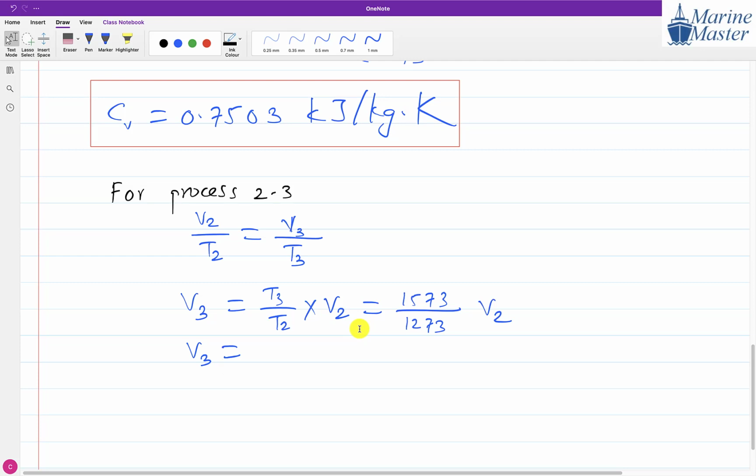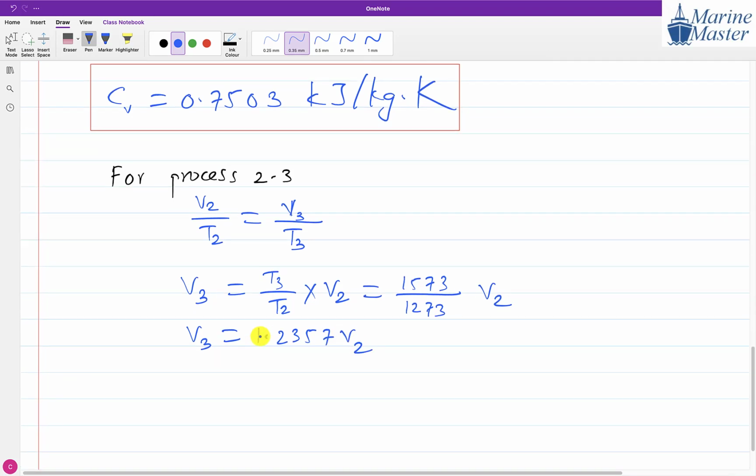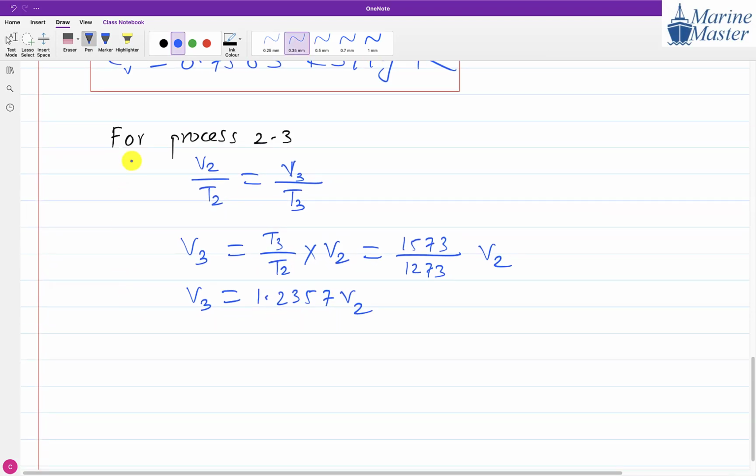1573 divided by 1273, how much will it become? 1.2357 V2. So now we have V3 in terms of V2. Now what is for process